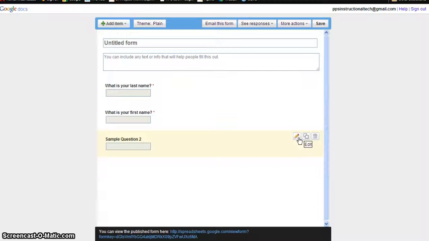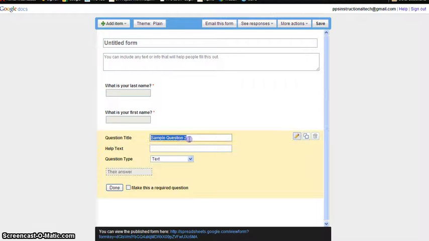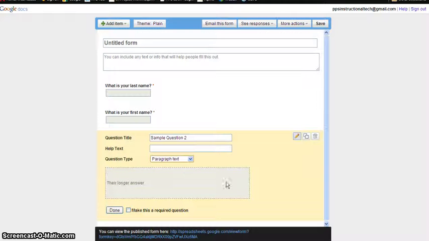Now we've got the second question here. Let's edit this question and we can make it any type of question we want. We've got multiple types of questions to choose from. We've already done a text. A text is a short answer. Let's go ahead and do a paragraph text. What that's going to do is create a larger box the user can add information into, and write a